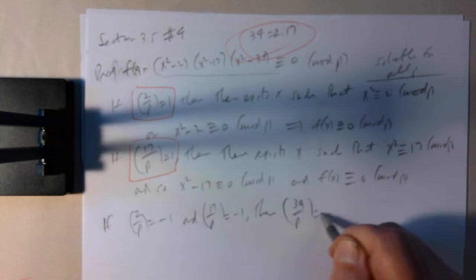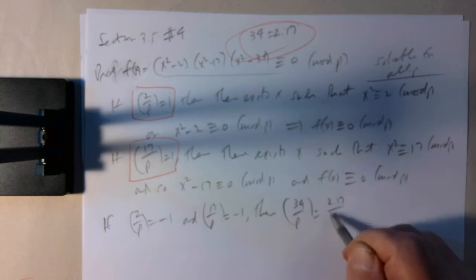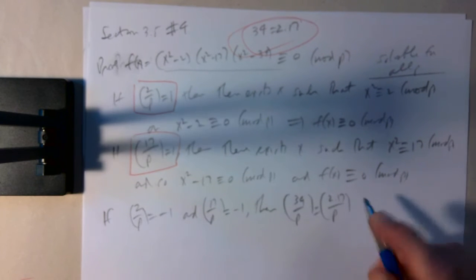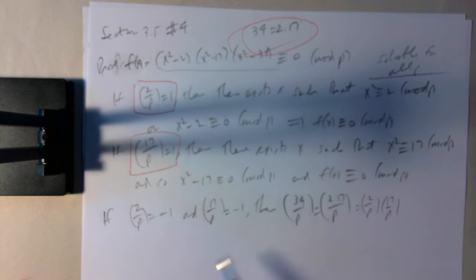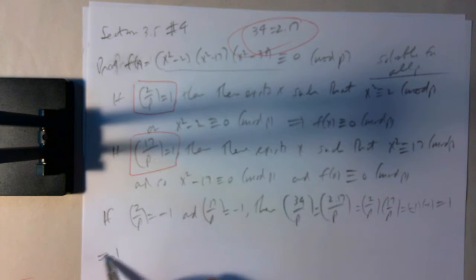So 34 over p is 2 times 17 over p. These are Legendre symbols. This is 2 over p times 17 over p. These are both minus 1. Minus 1 times minus 1, which is plus 1. So that means that